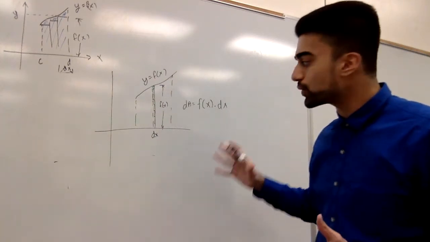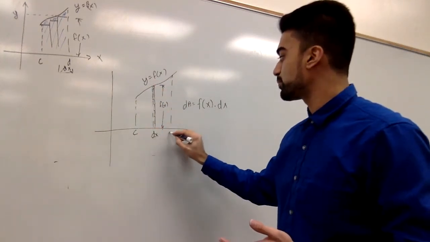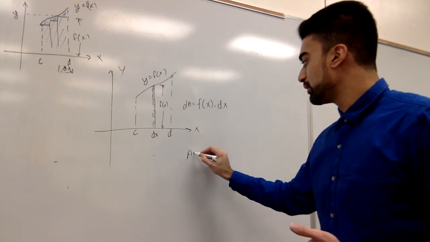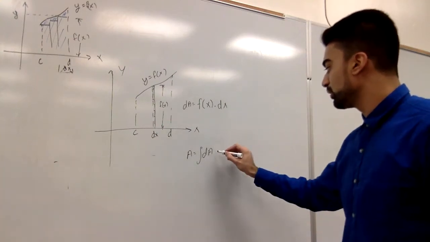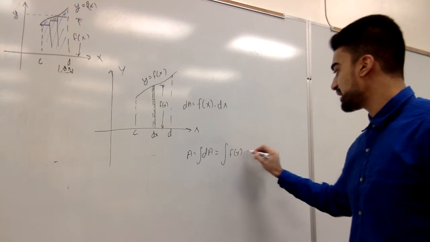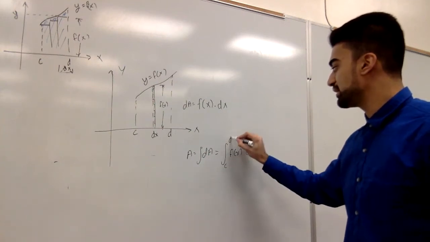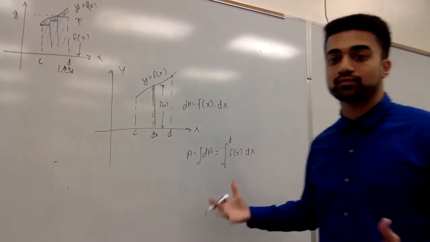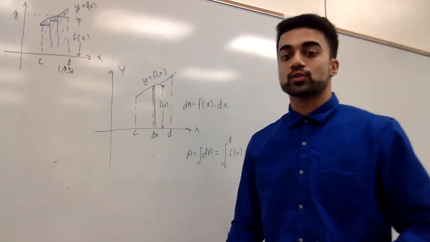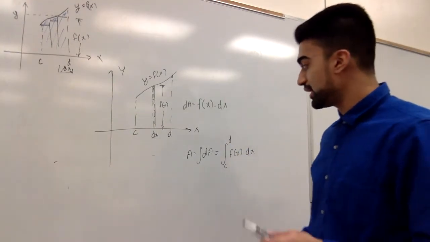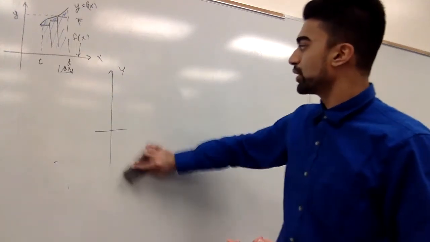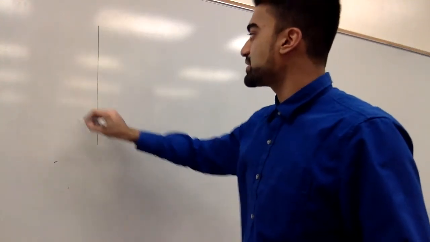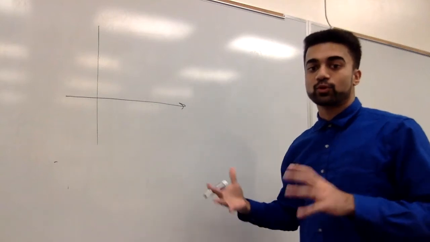So if I want to find the total area of this whole figure from point C to D, all I need to do is integrate this dA. So integrate f(x) times dx from C to D. And thus, that is how the formula for area under the curve comes from using integrals. So let's test our knowledge to calculate area under the curve for some function. So let me just erase this right here. And all right, let's do something that is actually known to us